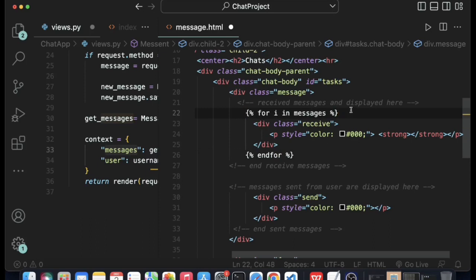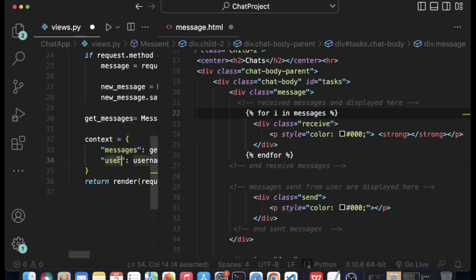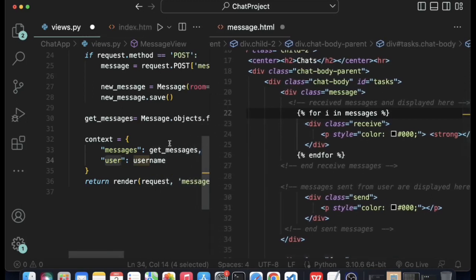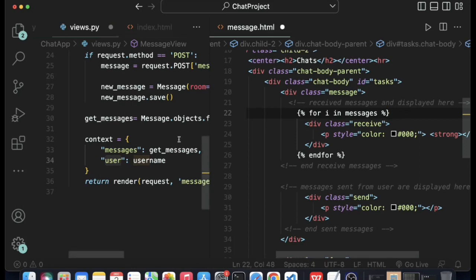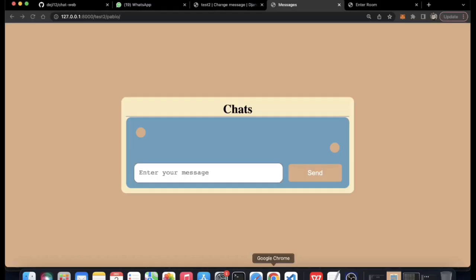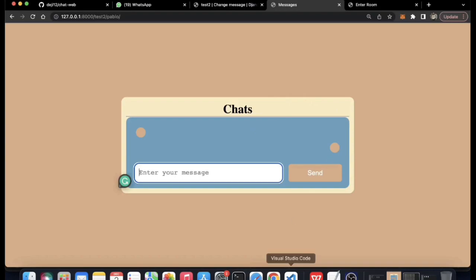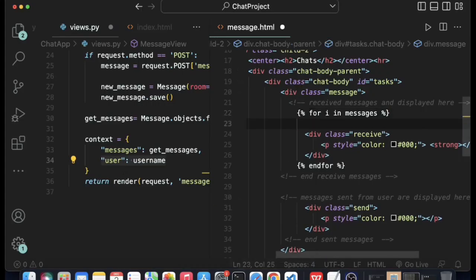Now the next step we now need to do is we now need to write a conditional to check if each message is equal to this username. So let me split it up a little bit. So what we are going to do is we are going to check if each message has been sent by this current user that is logged in. I wouldn't really say logged in, but what I mean is that anytime this program loops through the messages, the program is going to check if the current message that it is looping through has been sent by the current user that is logged into the chat room. So you are going to see how this works. So what we need to say is